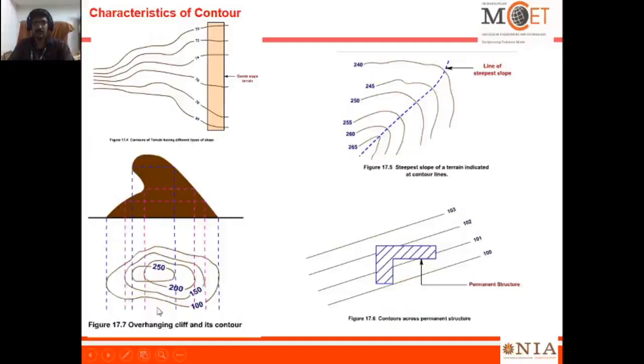See here, an overhanging cliff. Suppose there is a cliff. It looks like a mountain, but when it comes like this, it is called a cliff. Here there is a slope, normally a hill, but it is overhanging, right? So if you try to plot all the elevation values as a map, see,